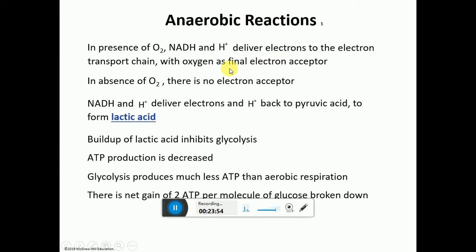So your anaerobic reaction, like I said, in the presence of oxygen, the NADH and H will deliver the electrons to the transport chain. In the absence of oxygen, there is no electron acceptor. The NADH,